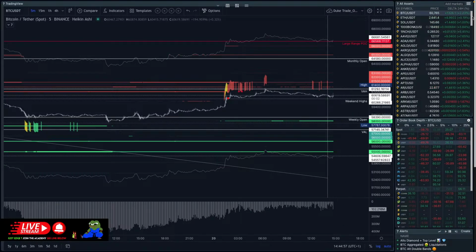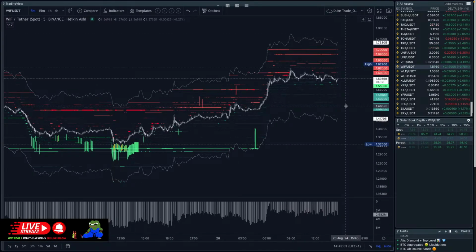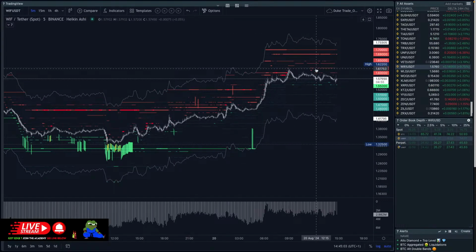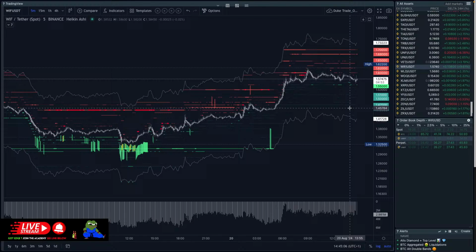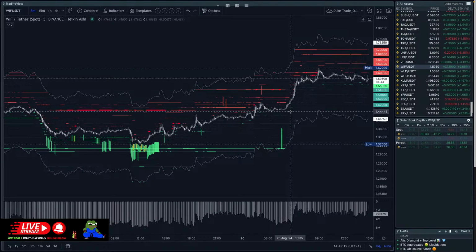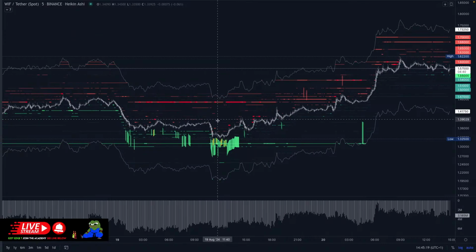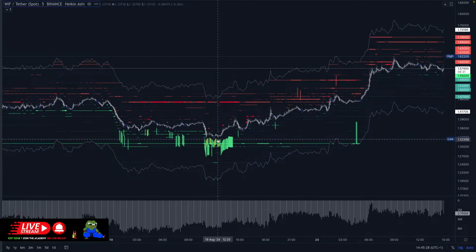Okay. Another one, trading yesterday, shared this again with the Academy guys, and I wish I'd held it all the way through. I didn't, to be honest. I only clipped a few % off this. Was WIF. Okay, so the hat stays on. Whatever you think of this asset, there's a lot of people trading it, and it's got really good order books. Okay, so the more people that trade this asset, the better the order flow for us. So I said in private to a couple of guys, yep, low in this, and even when we're down here, I said it's a risky one because I don't know what ETH or BTC is going to do, but your risk